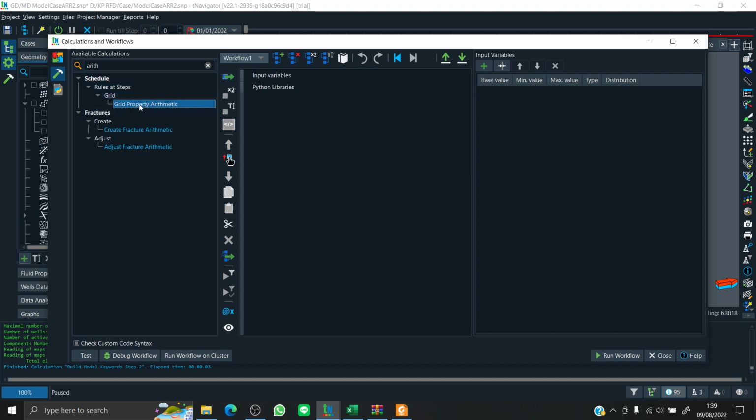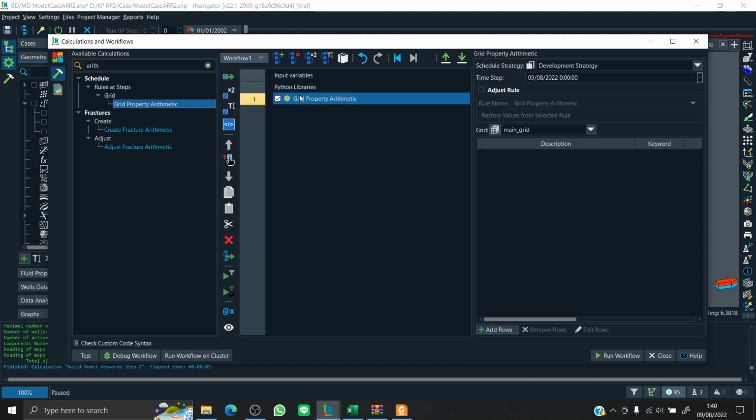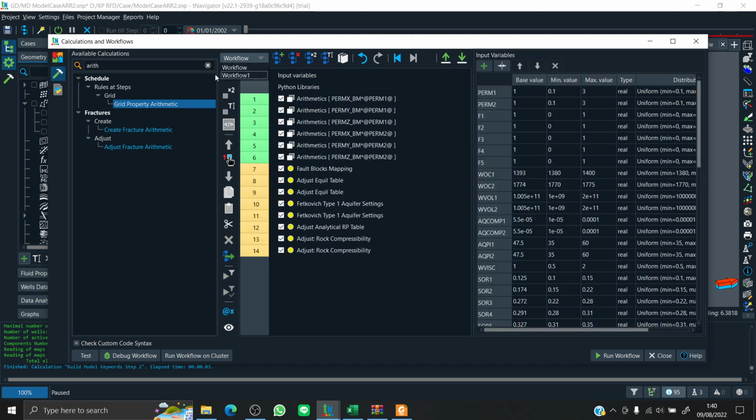This is the calculation, and we incorporate it into our workflow by selecting the corresponding calculation and pressing insert. This basically does the calculation of grid properties for us.